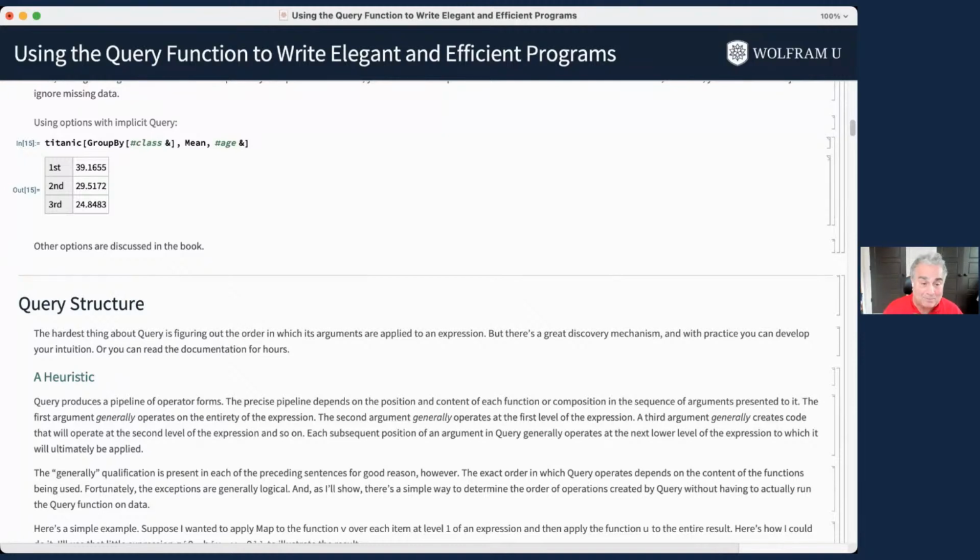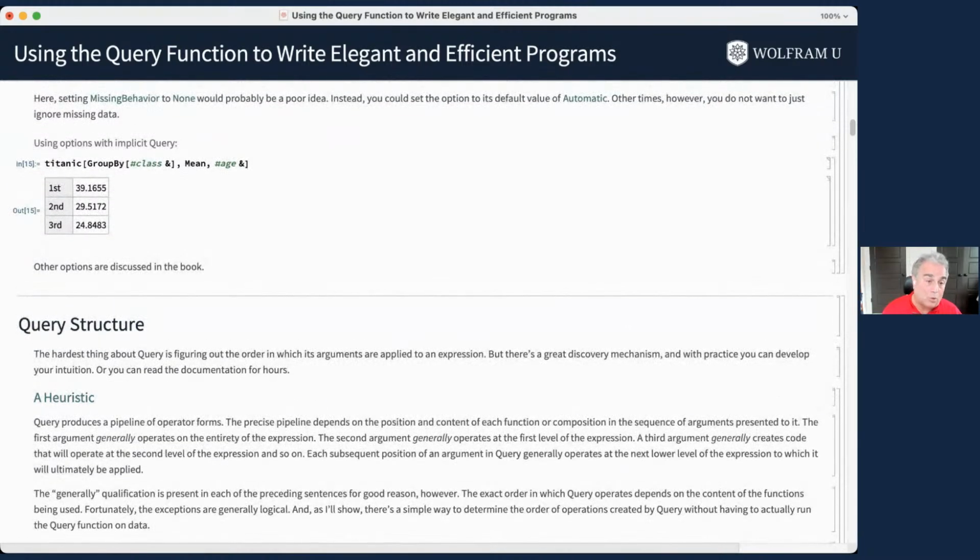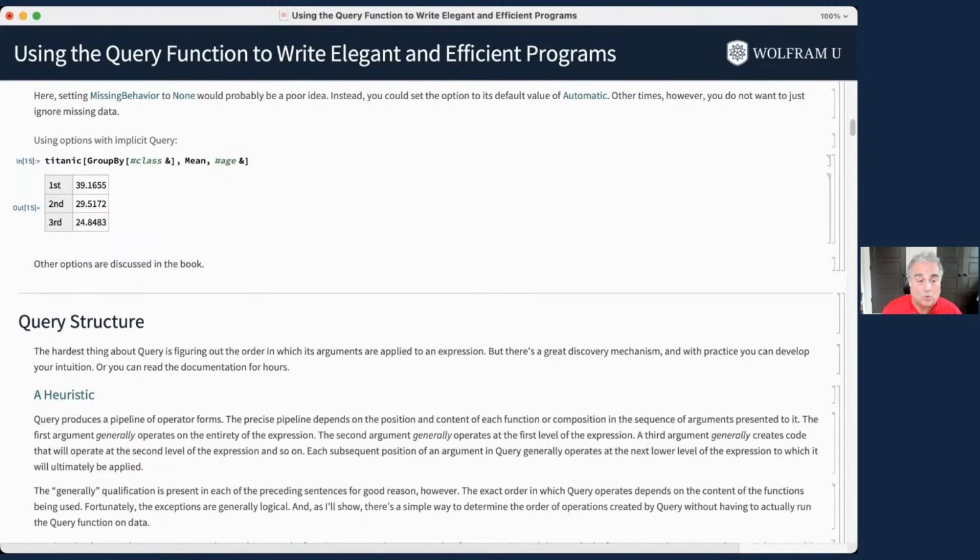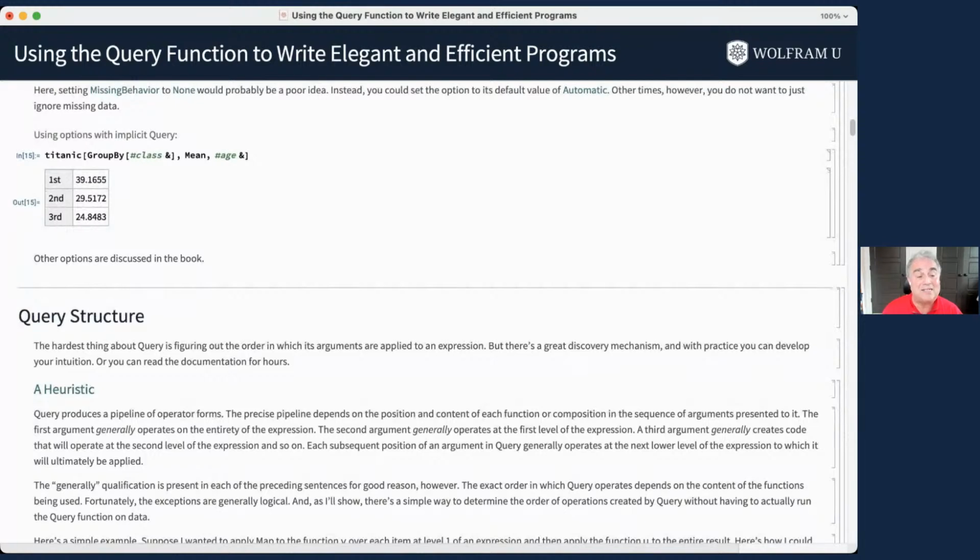Now, the exact pipeline that gets built depends on what order you put these functions in. And the general rule is, and this is an oversimplification, an unofficial simplification,